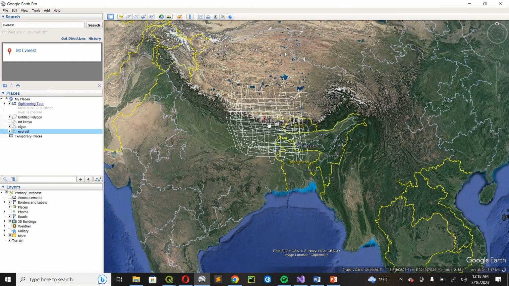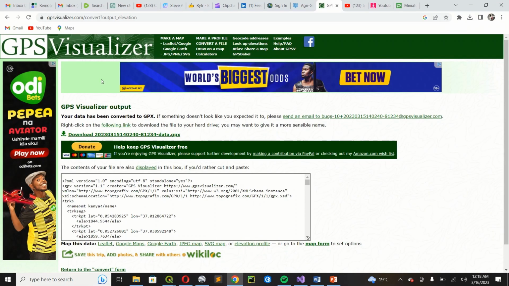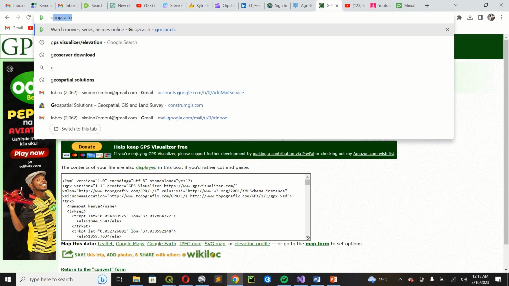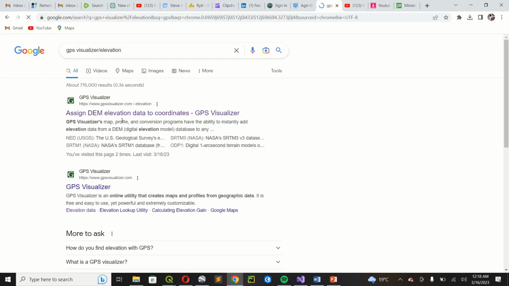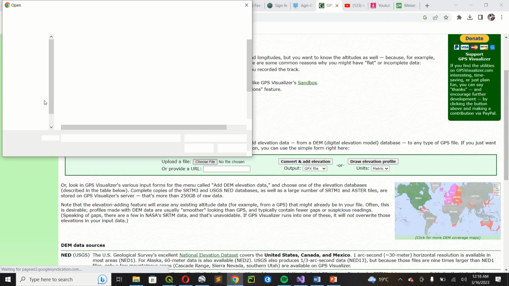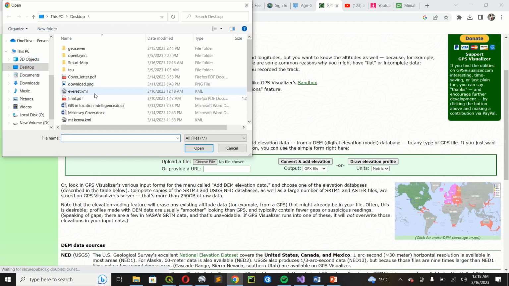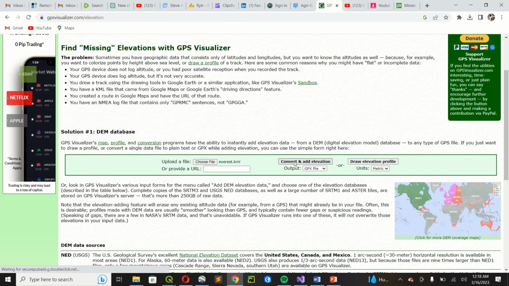So before we go to ArcGIS, you need to convert this data to GPX format so that you can generate the points. So I'm going to share a link in the description below for this GPS Visualizer. Or you can just search GPS Visualizer convert elevation. Then you can click on the first option. So you can see choose file. I'm going to choose my Everest file. It's here, Everest.kml. Then I click convert and add elevation, because that's what we are very interested in